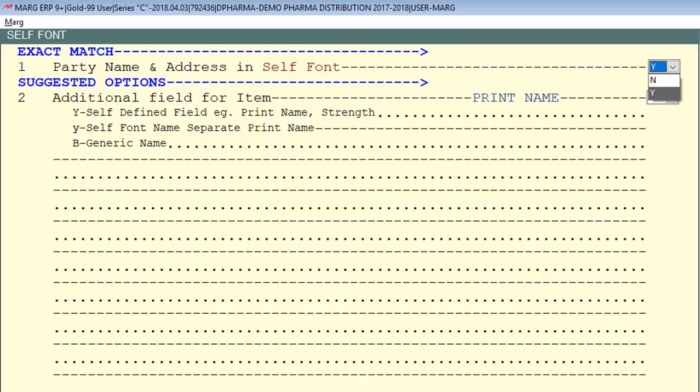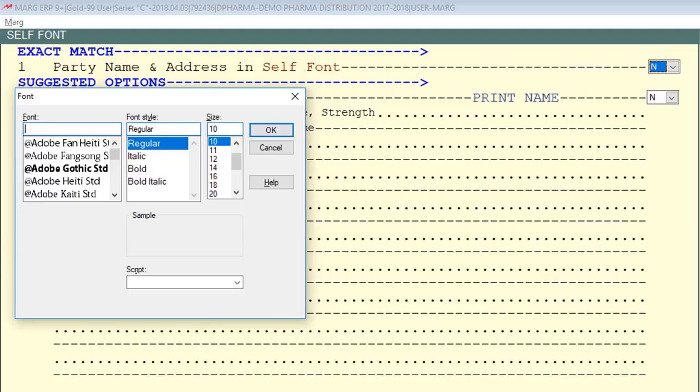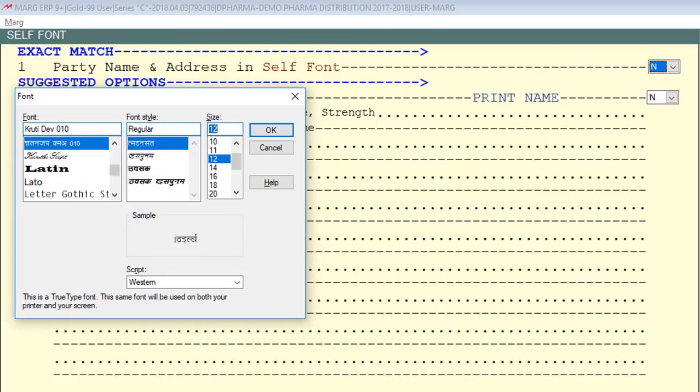As we do yes here, the font dialog box will open. Select the font which we have installed. As we have installed the Hindi font, select Kruti Dev 010 here. You can select the font style and size as well.